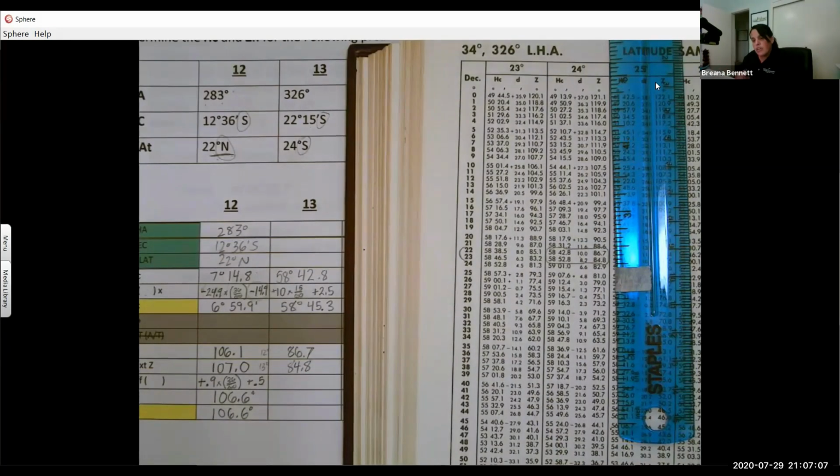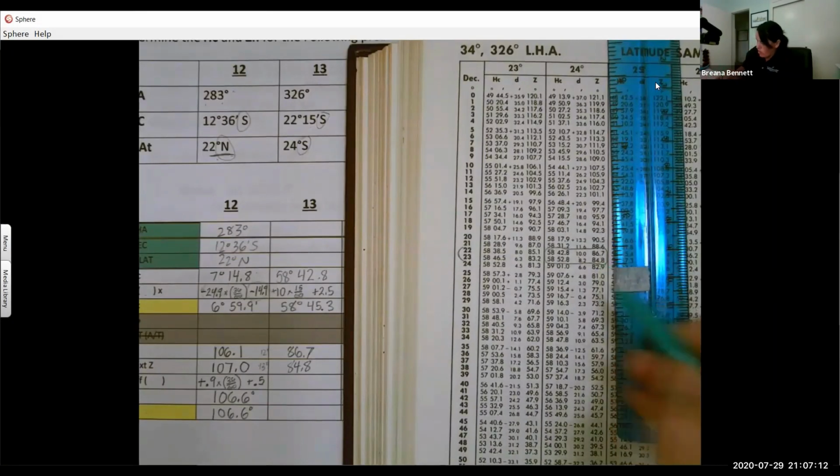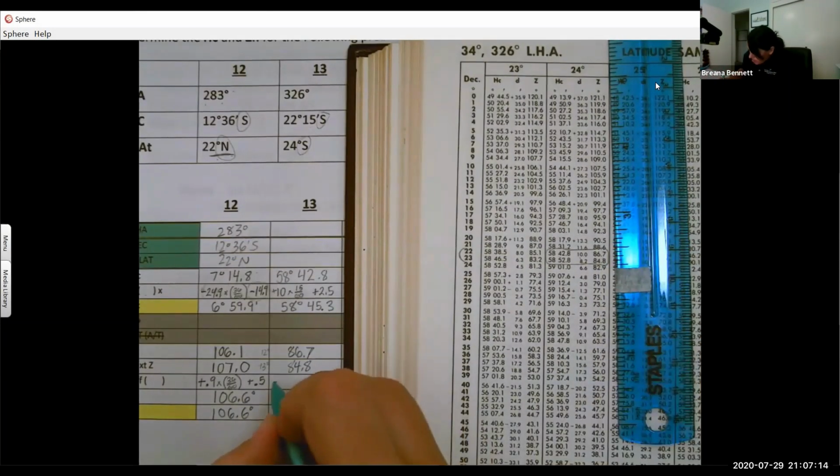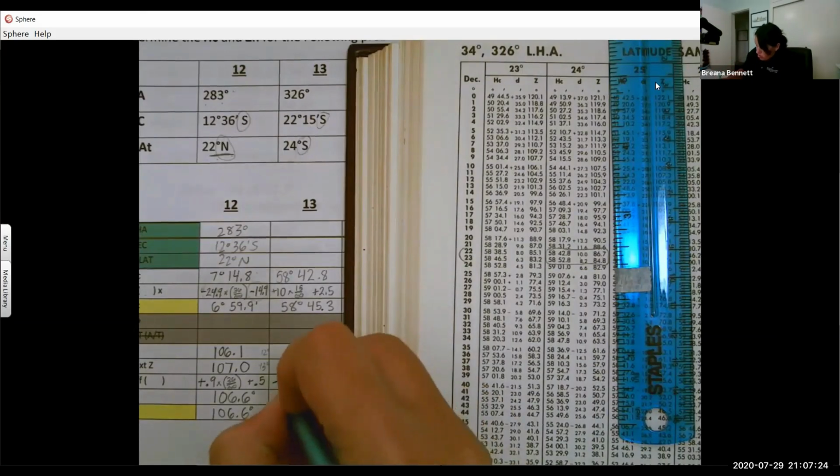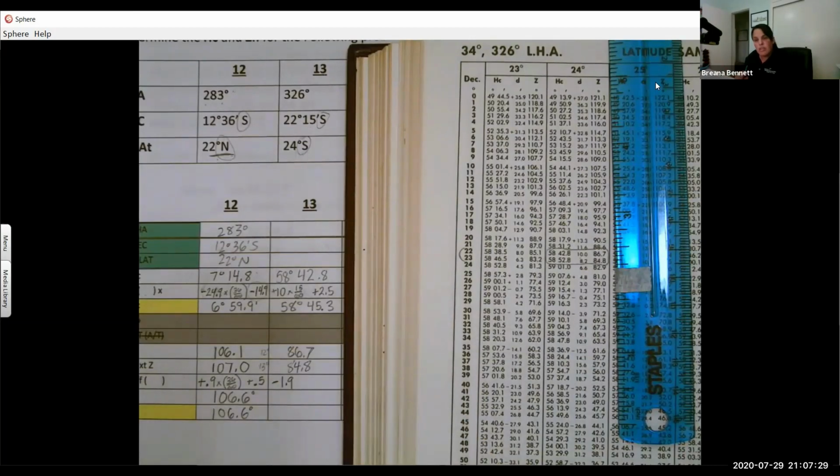And then I need to figure out what my difference was. So I went from 86 to 84, so I'm going to be subtracting. And how much am I going to be subtracting? 1.9. So I'm subtracting 1.9 degrees,